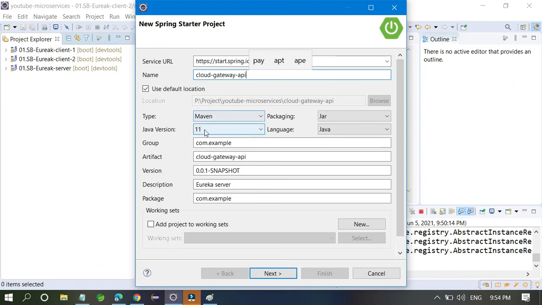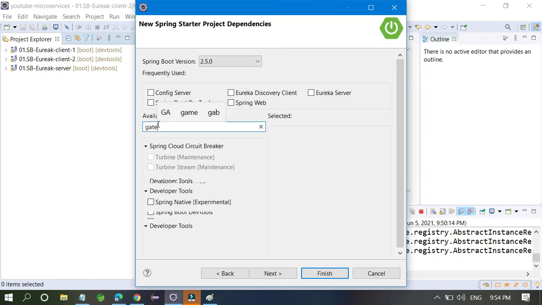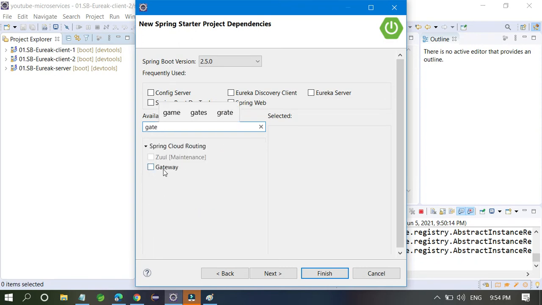This is on Maven, Java 11, jar, everything is fine. Just click on next. Now we have to add some dependencies like API gateway. If you search for gateway, you find two dependencies: one is Zuul and the second is Gateway.